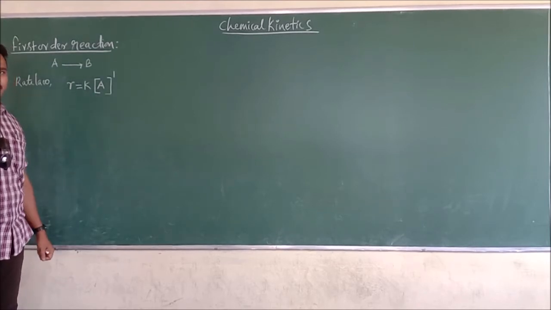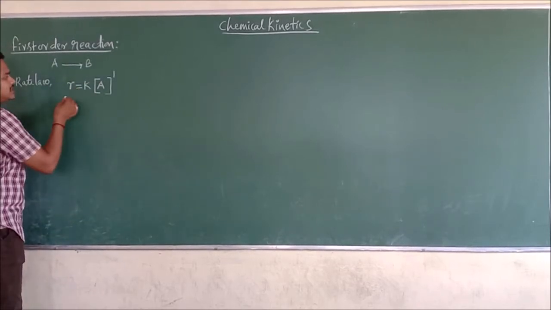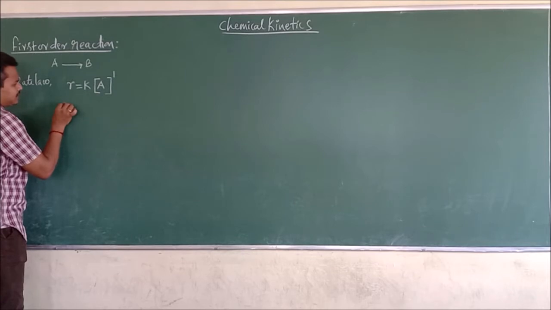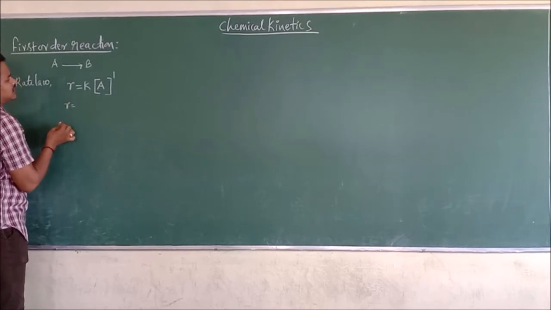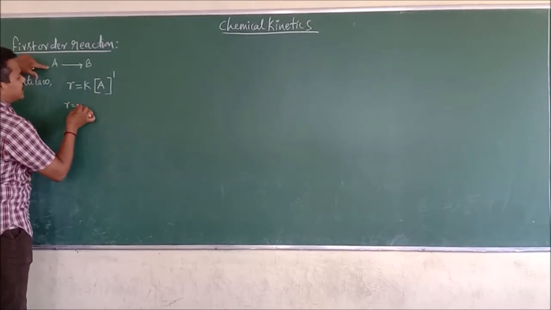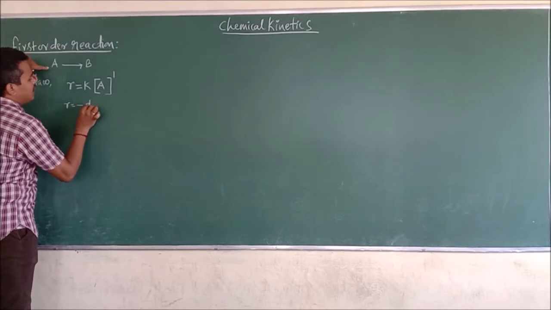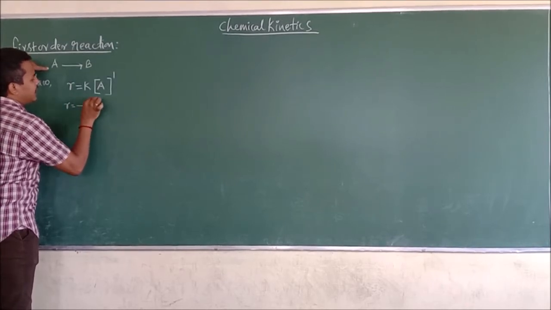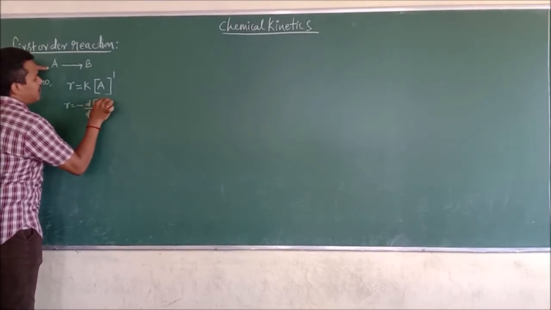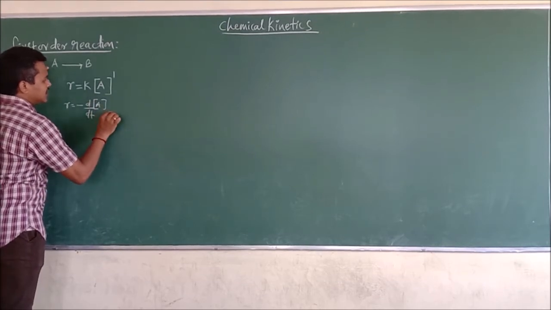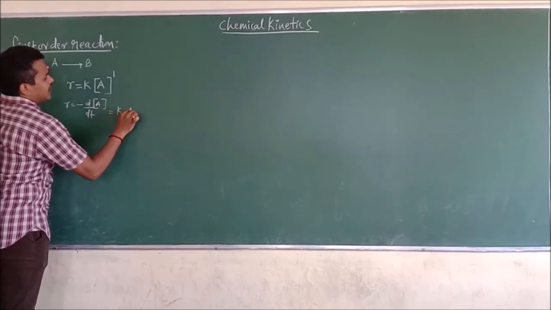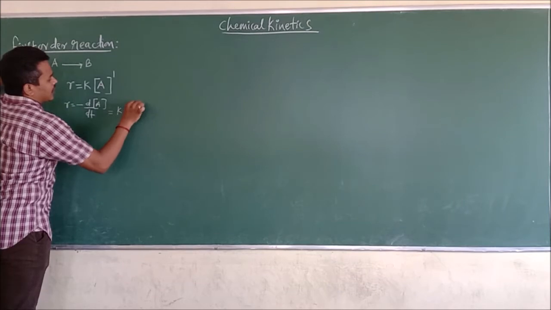How can you define this? The first order reaction rate is equal to, in terms of the reactant, minus d by dt of the concentration of A,